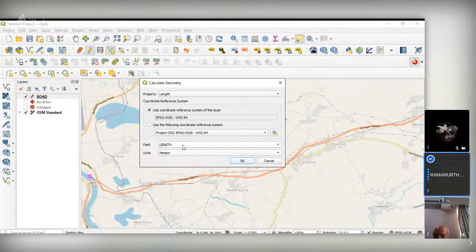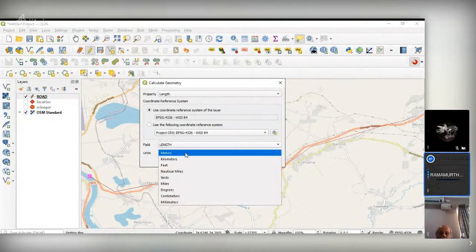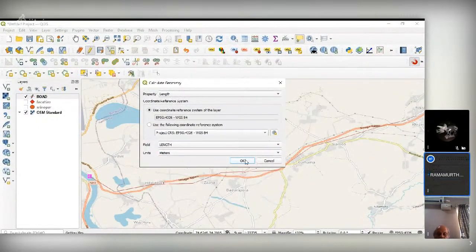So I am selecting the length field, in which it calculates the length in the units selected by us, that is meters, kilometers, feet, etc. Now I am selecting it in meters and say OK.